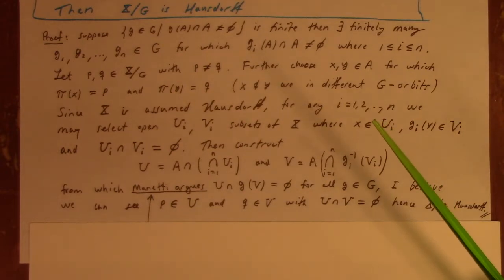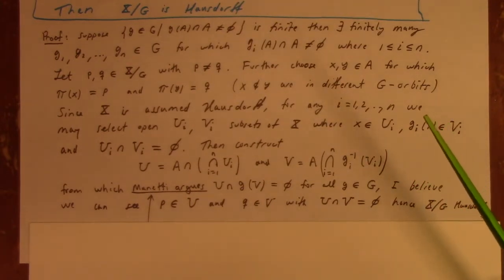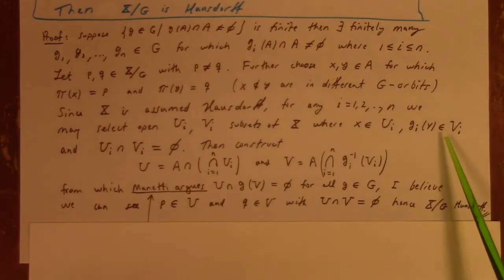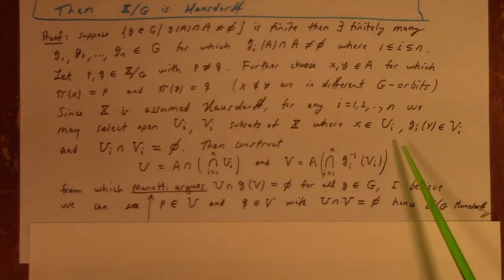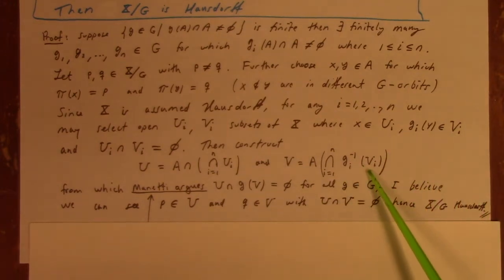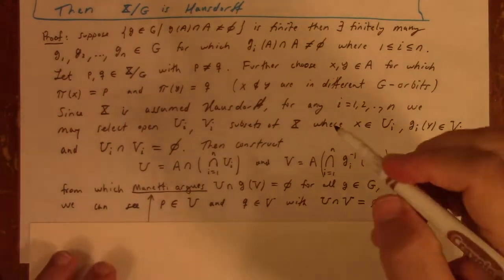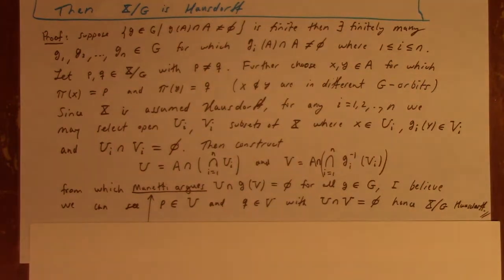So, let's see here. If g_i of y is an element of V_i, then the inverse image of g_i of V_i contains y. And there's an intersection I have somehow dropped. I'll try to get it back. This is probably going to be too fat. Intersection. There we go. Haha, I made it. Anyway, so